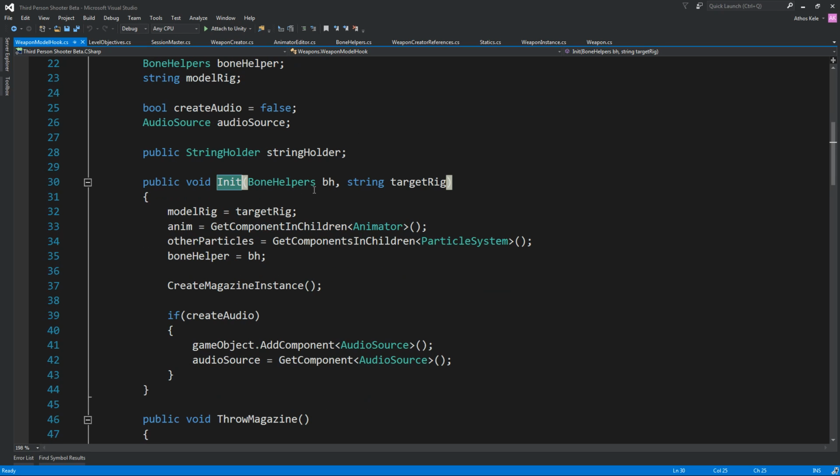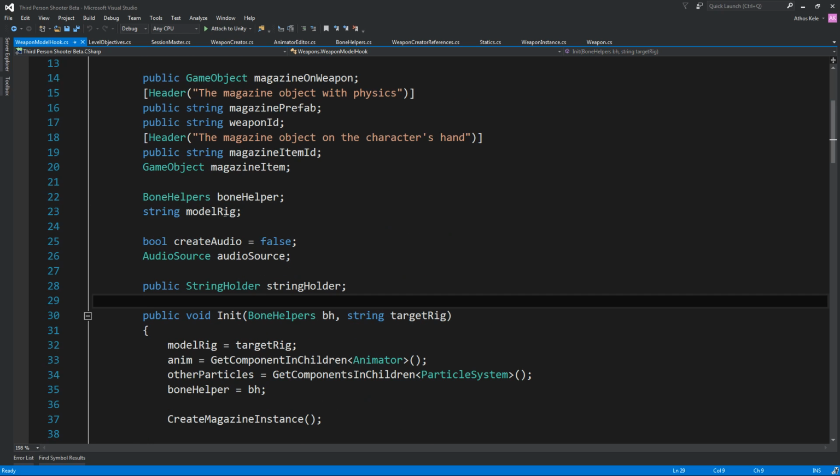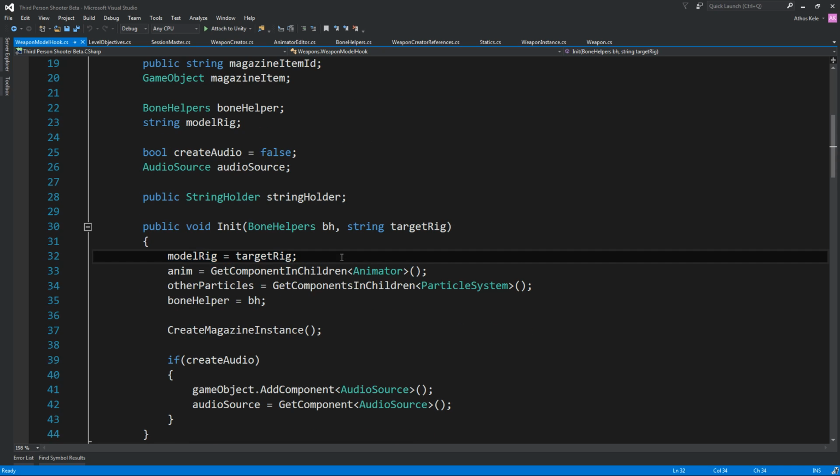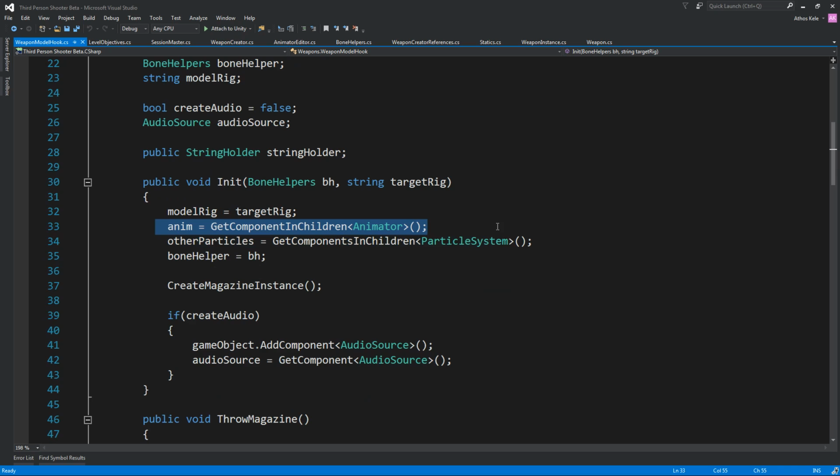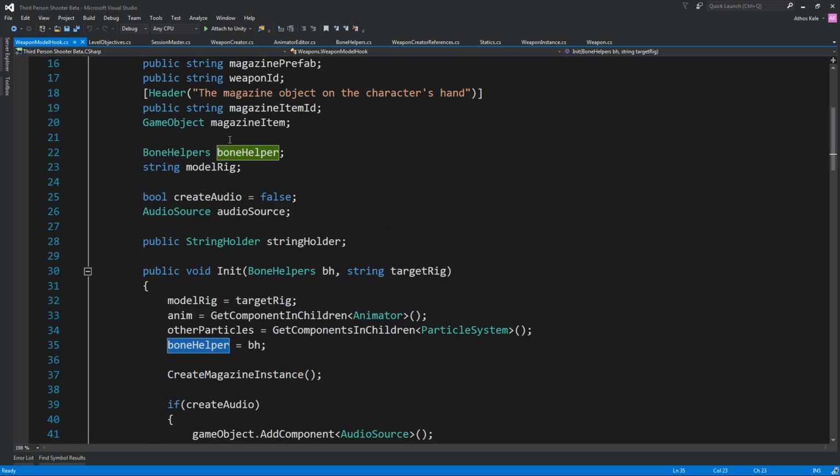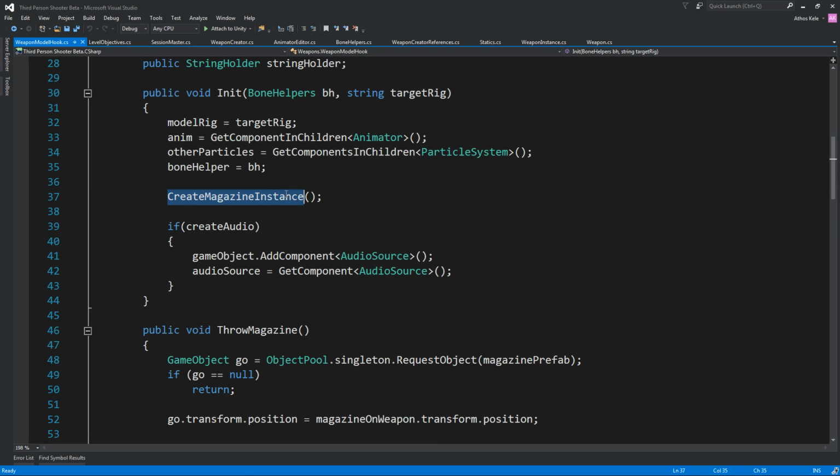And from the weapon manager we can get the bone helper and of course the target rig and update the model rig over here, and we do it here. We get the animator. This has to do with the animator of the actual weapon, not the animator of the player. And of course we find all our particles. We are going to assume that every particle that is underneath this game object has to do with our own weapons. We set up the reference for the bone helper,